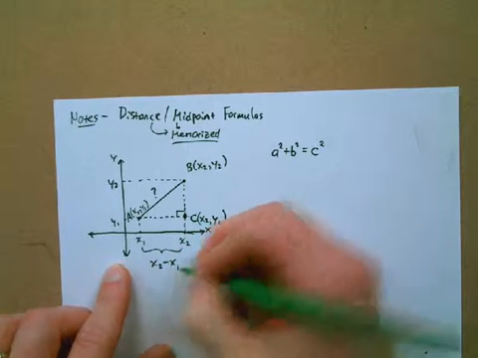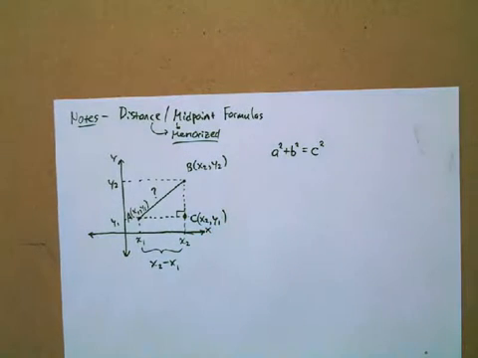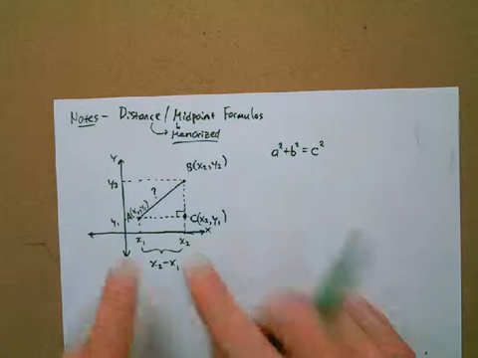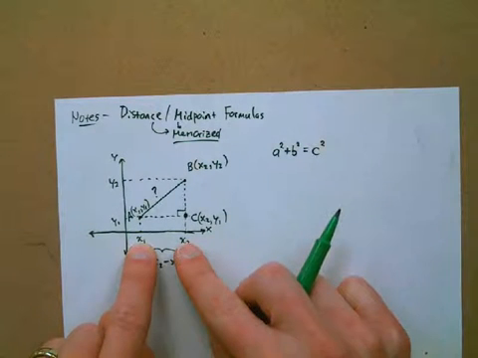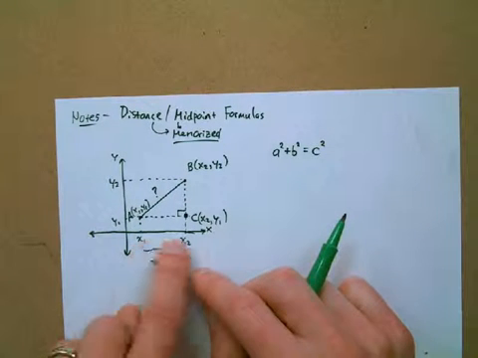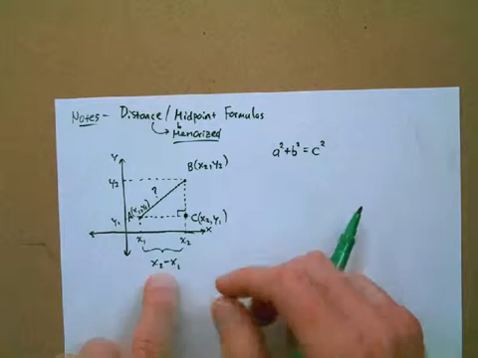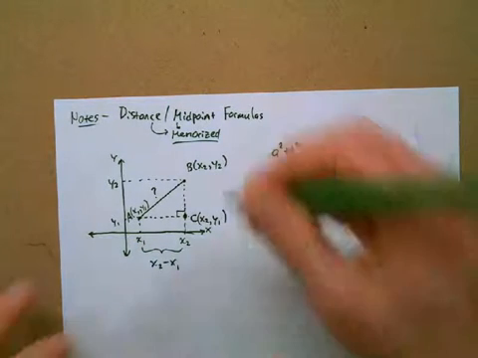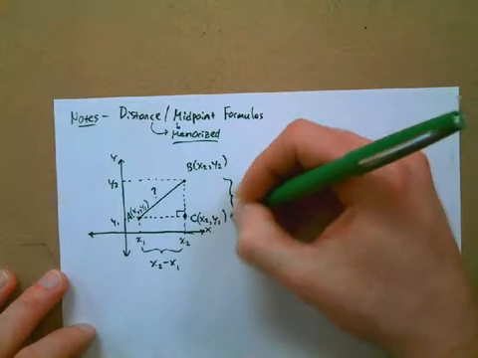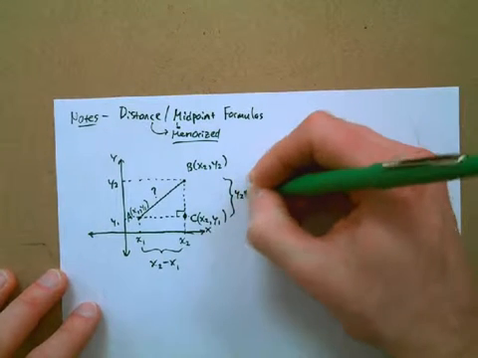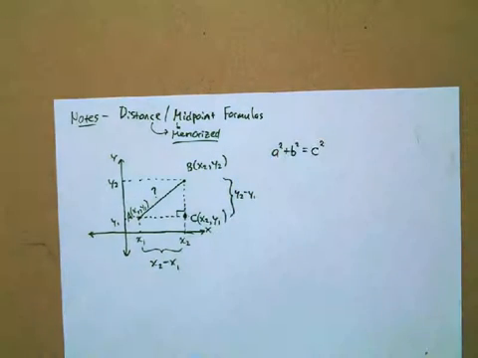Right? If this was 2 and this was 5, then the distance between the two would be 3, right? We can just get that by subtracting. And likewise, over here, same idea, we can do y2 minus y1. Okay, for that one. Now we have something representing this leg, something representing this leg, and we want